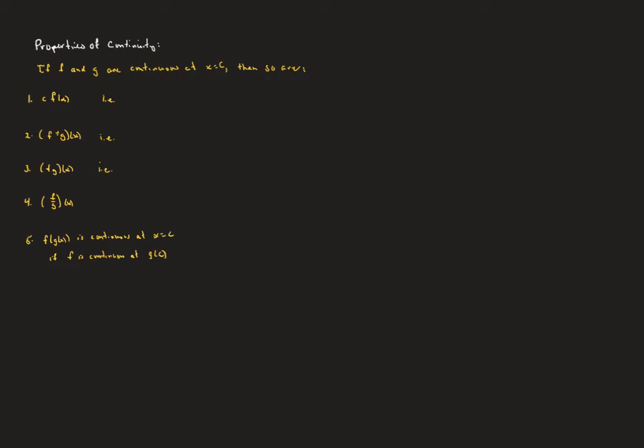So here are some of the properties of continuity. If f and g are both continuous at x equals c, then so are c times f of x. So for example, we know that f of x equals sine x is continuous. You can imagine seeing that sine wave that's all nice and connected. So then so would, if we took a function and said, say, 5 times sine of x,